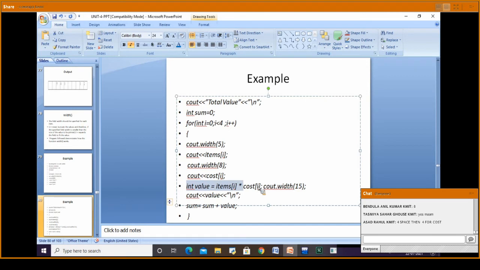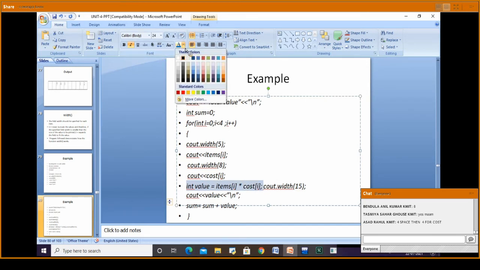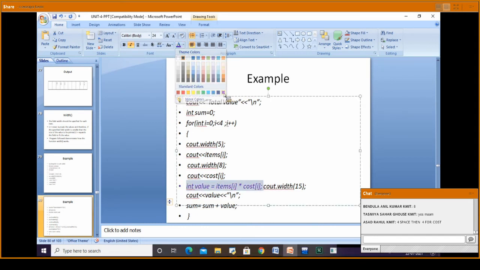Value I wanted to calculate. So for calculating the value, I am calculating item star cost. Array name is item star cost here. So it is going to give us the value of a specific item.